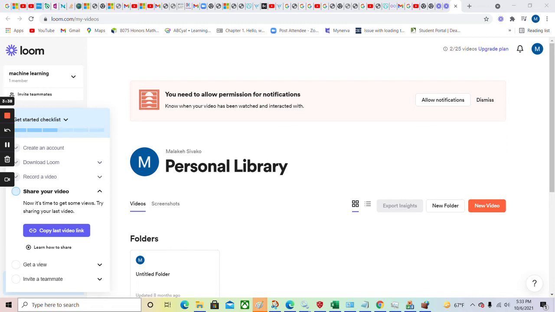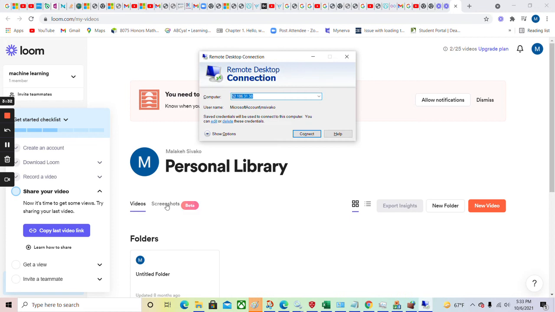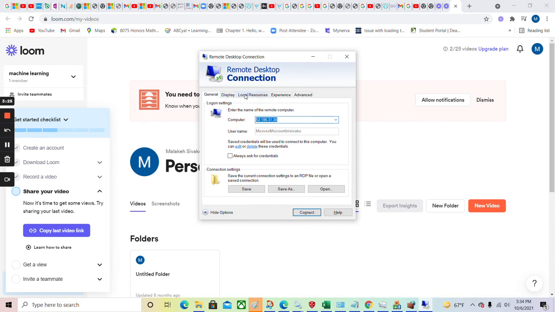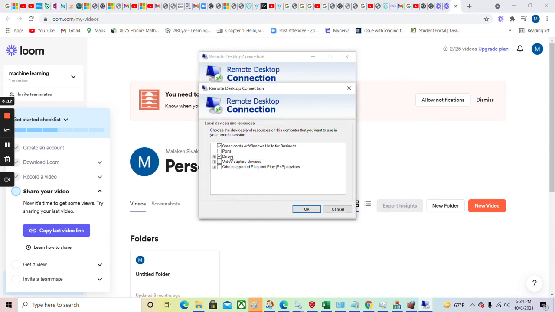So again, like I said, this is a step-by-step guide. So you go in and you find your remote desktop client. You make sure you have the right IP address, and then you go down here and show options. And then you navigate over to the local resources. And down here, you'll want to hit more and make sure that the drives